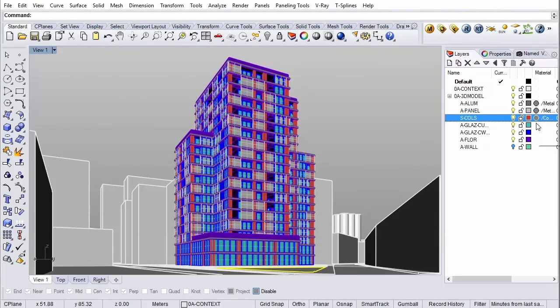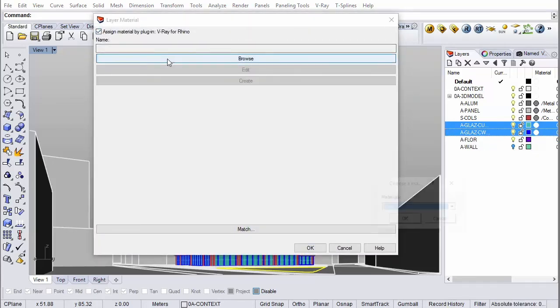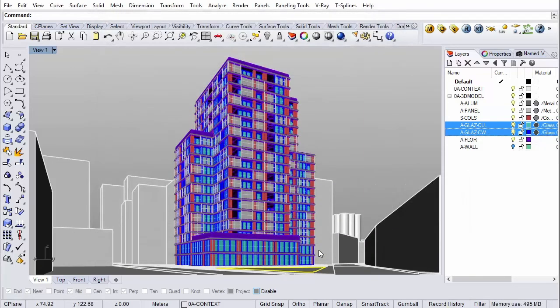The two glazing materials are going to be the glass material. So we selected them both, and I just have to click on one. Browse to glass. And both of them are updated.